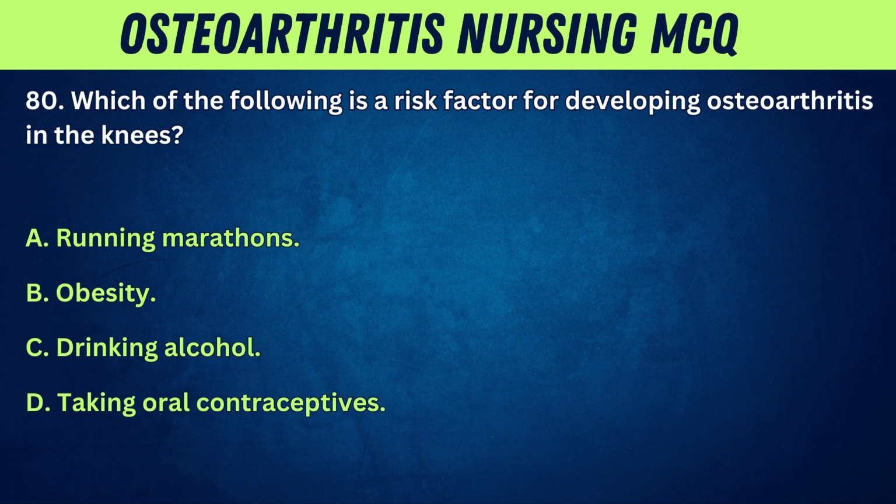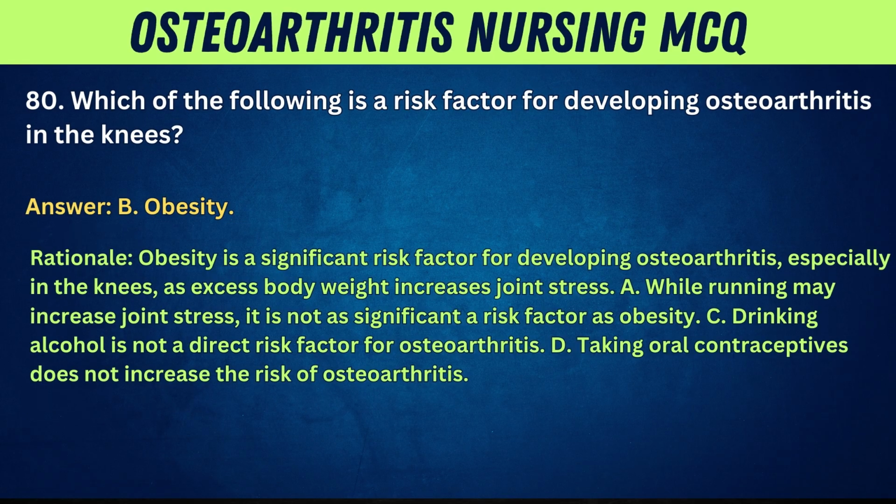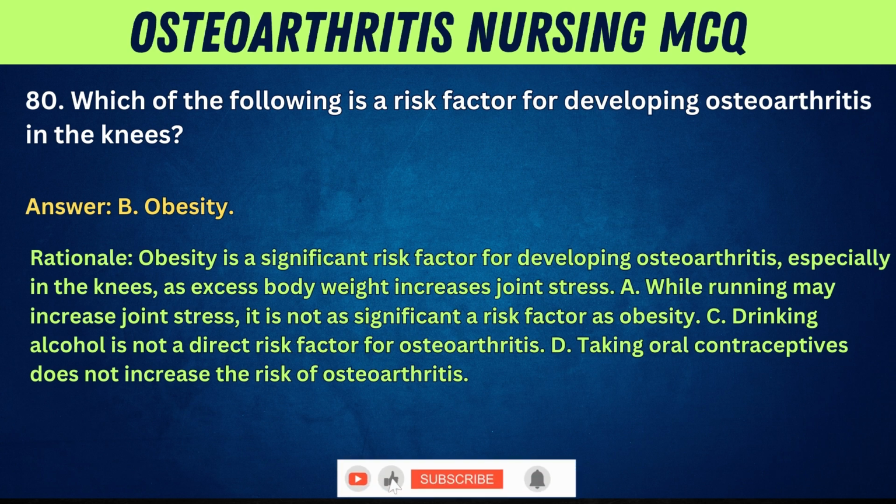80. Which of the following is a risk factor for developing osteoarthritis in the knees? A. Running marathons. B. Obesity. C. Drinking alcohol. D. Taking oral contraceptives. Answer: B. Obesity. Rationale: obesity is a significant risk factor for developing osteoarthritis, especially in the knees, as excess body